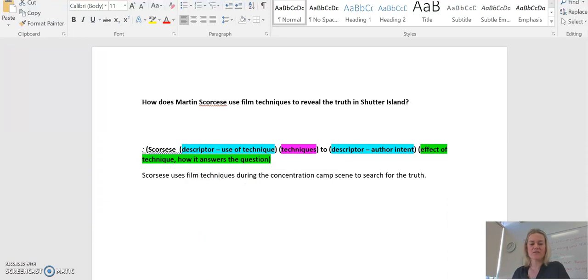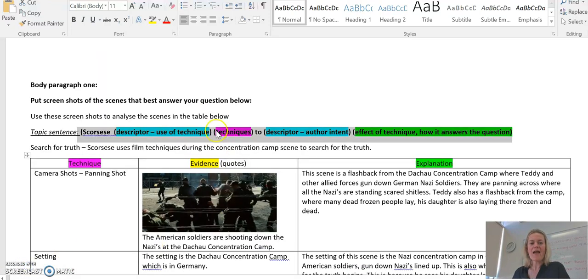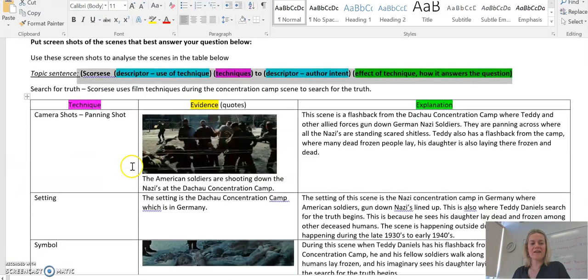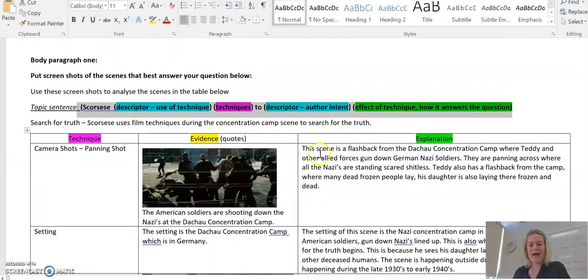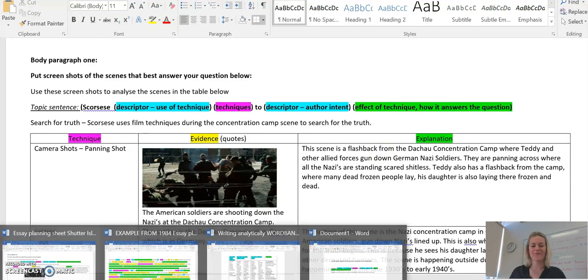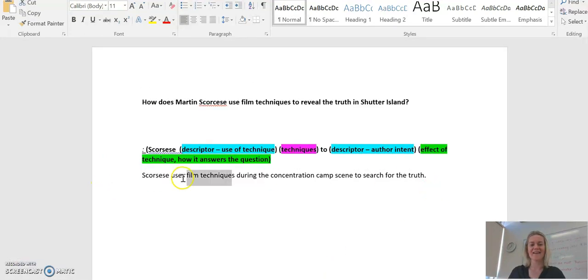And I just had a quick look at this one before. And I reckon because there's camera shot, setting, symbol, and we've also seen that there's flashback. So you could do setting, but I think I'm going to do flashback because that's the overall arching technique. So Scorsese uses the flashback to